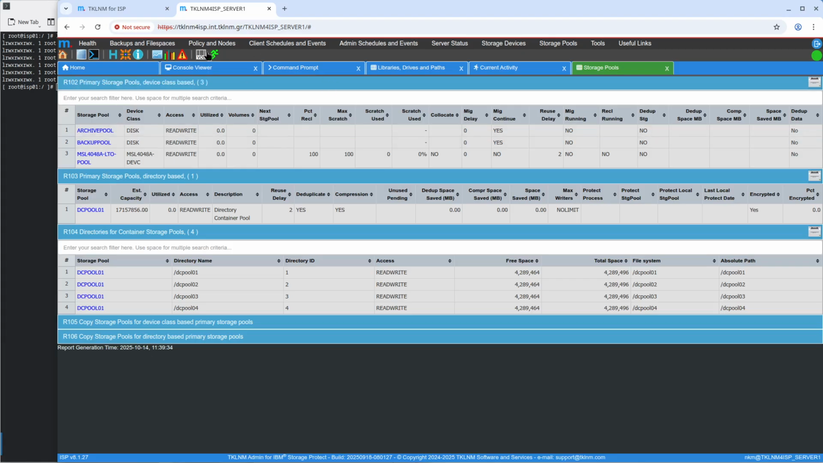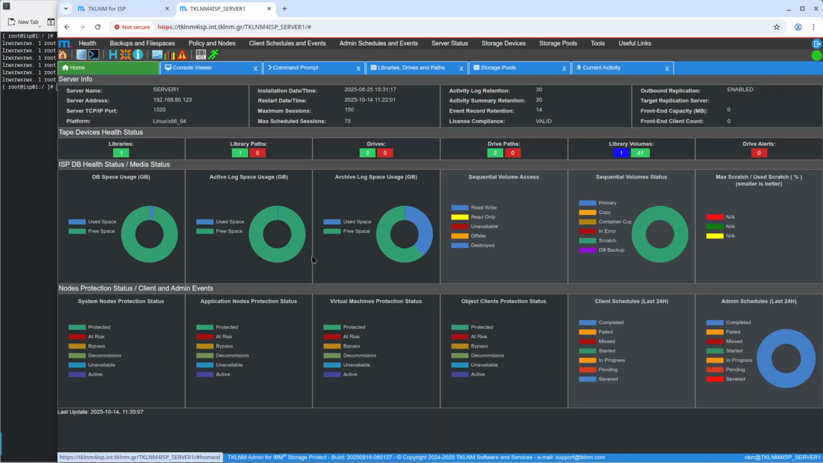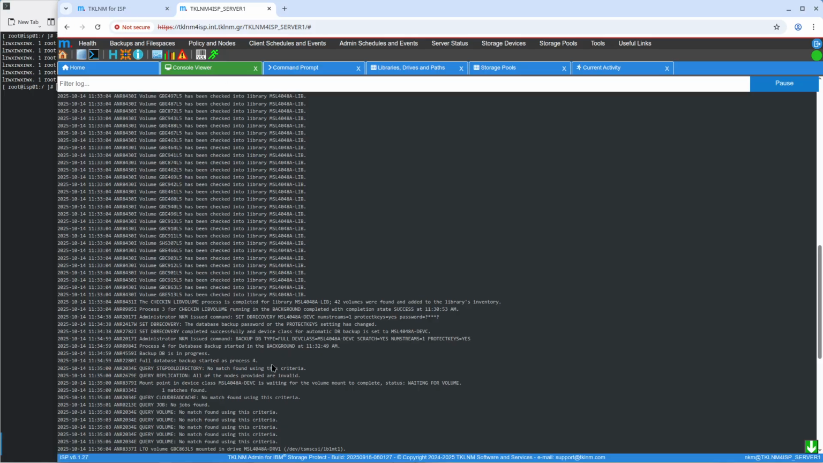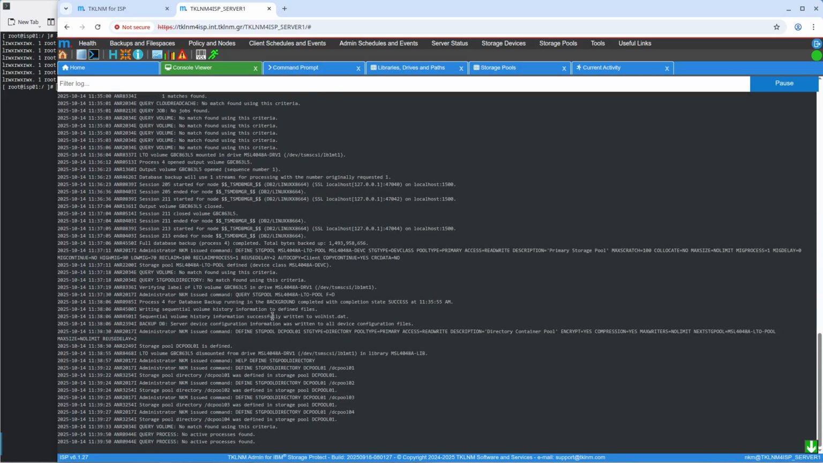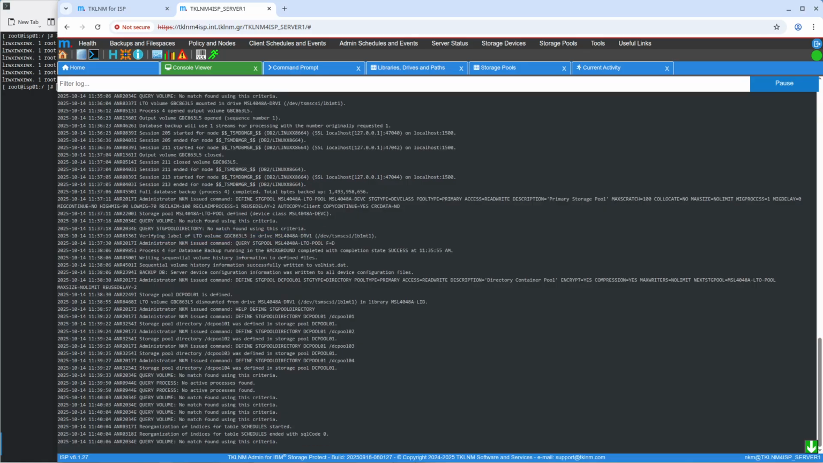So you can check the database backup. It seems that it has finished. We can check it. Full database backup, process 4 completed. It isn't actually. So we have a primary storage pool on LTO, a primary storage pool directory container storage pool. We define the DC pool directories, and